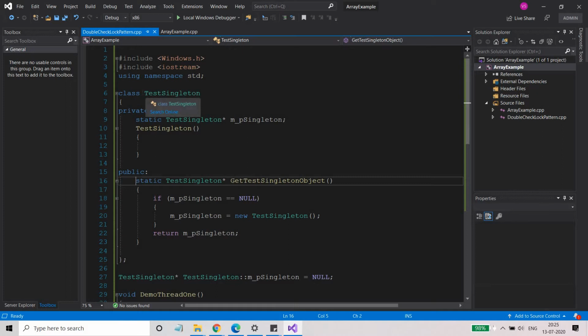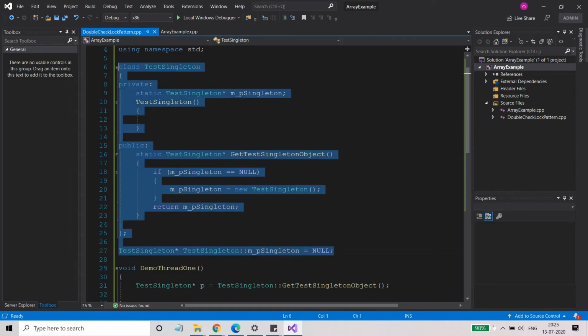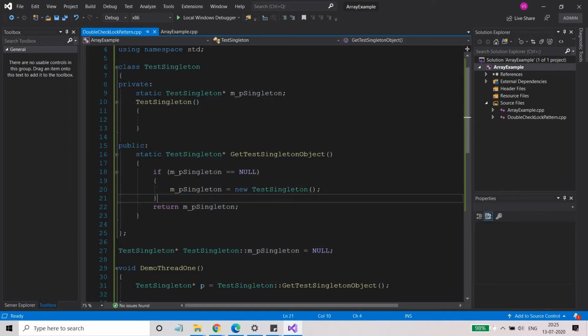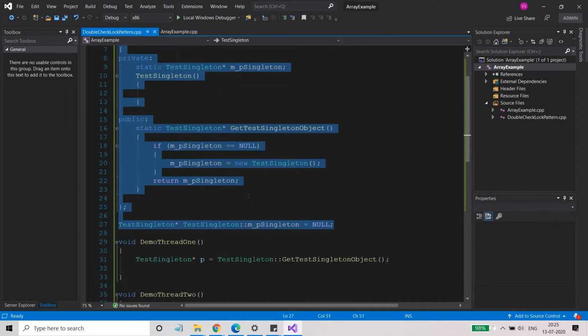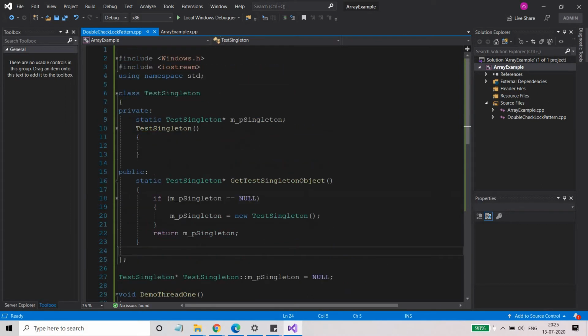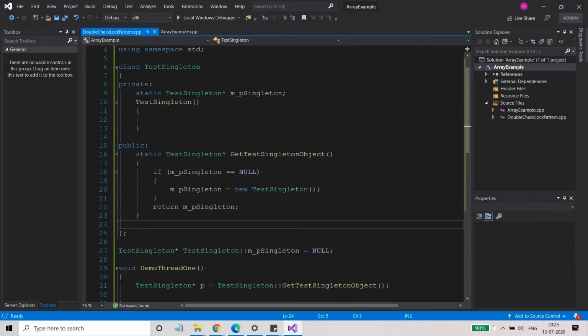I mean the object for that particular class, right? Basically a pointer to that particular class. And this is how we can do this. So I hope I don't need to explain anything here, because the singleton design pattern is very simple. Even if you look into this code, you will easily be able to find out what is happening here.